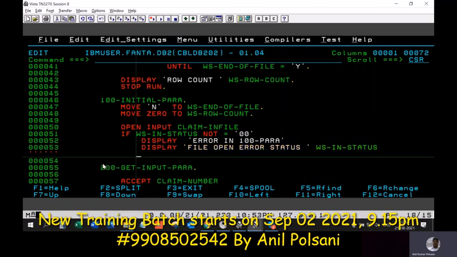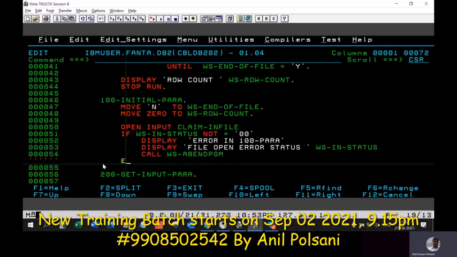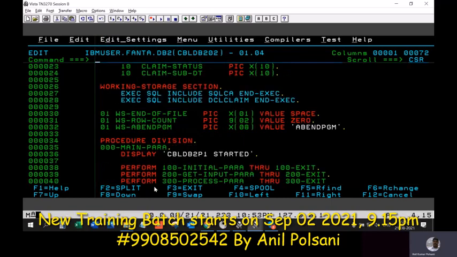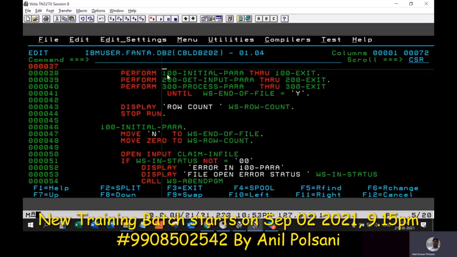We will know what the problem is. Exit statement. So we now open the file, 100-exit, and after that we would like to get the first record from the file.